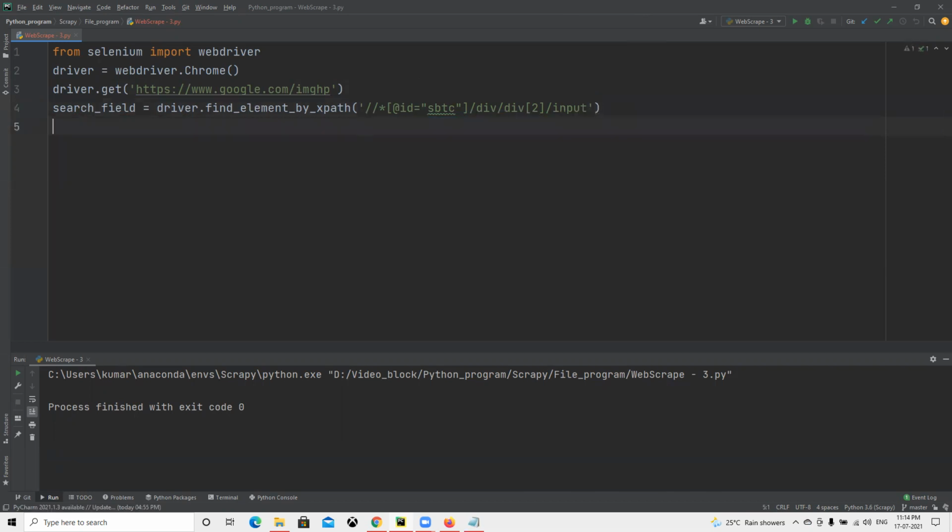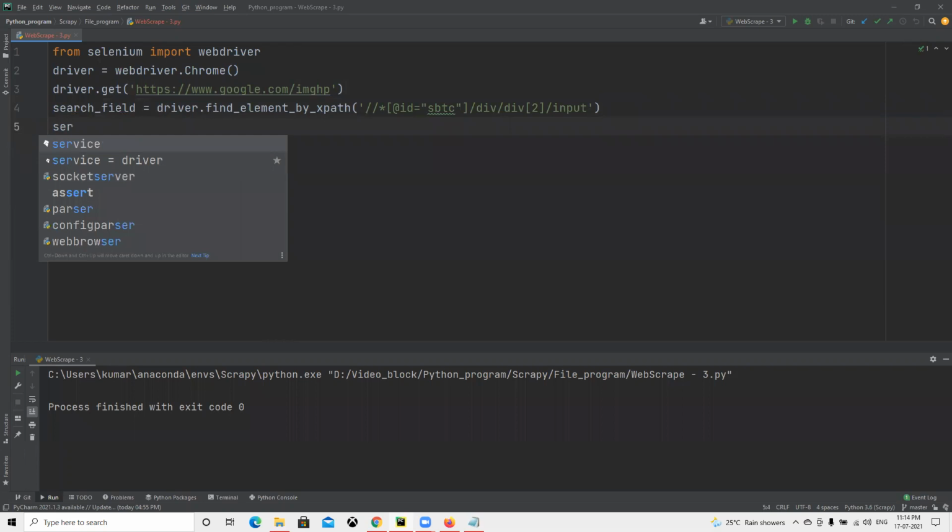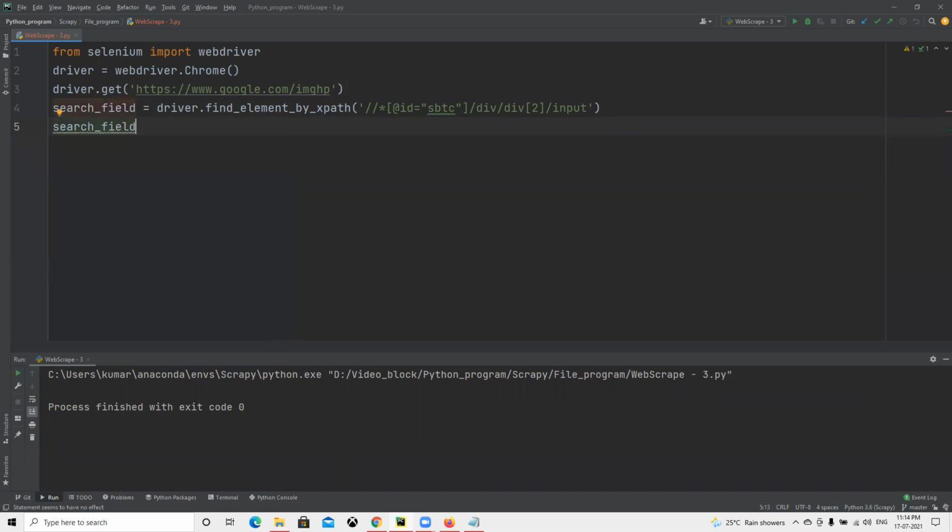Now after this, we need to specify what we want to search. So search field dot send keys, and suppose I pass dog here.